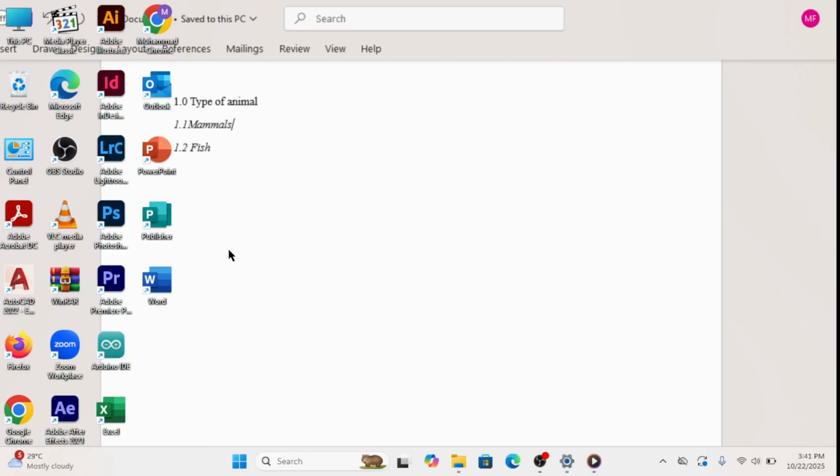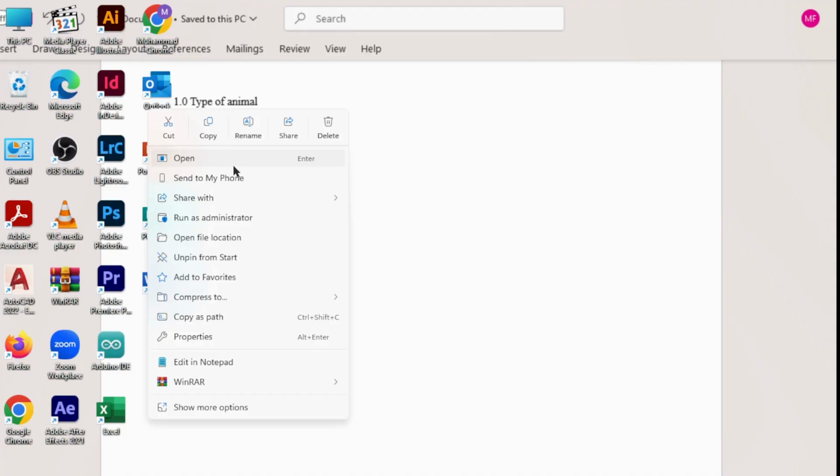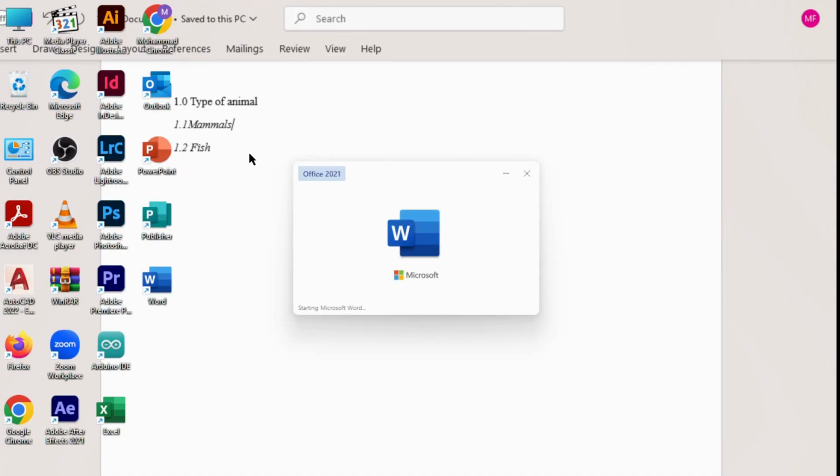Now we will begin to make the table of content. I divide the making of the table of content into three parts. The first part is to modify the heading. In this heading, I will use three headings. For the second part, we will write the content. And the third part, I will generate the table of content. So firstly, you need to click on Word, click Open, and choose the blank document.